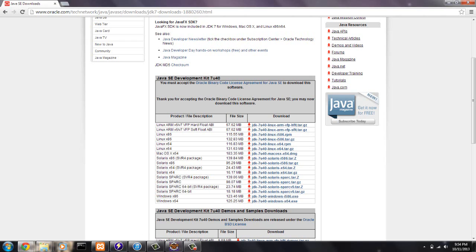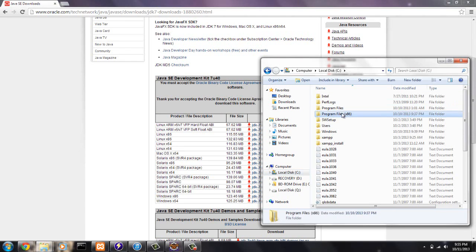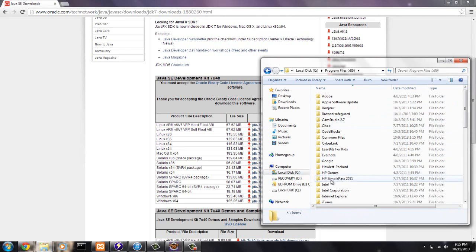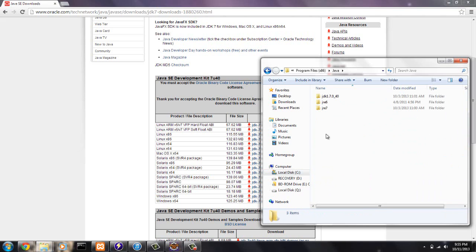And once you do that, this is an executable, so it's not a zip, so just follow the directions and keep doing install, and it should pop up into your, where did mine go? I believe Program Files (x86), Java, there we go. So at the same time, it simultaneously downloaded the Java Runtime Environment 7 with the